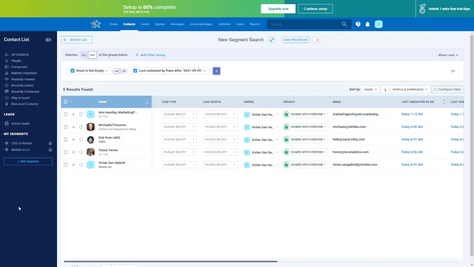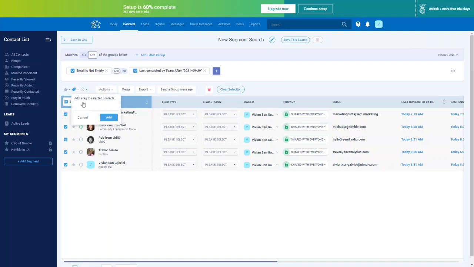Once you have your search, you can take several actions. So first we'd want to select all, and you can do that by clicking this little box in this filter region here. Okay, so select all of your contacts. And here you can see once you select them, this little menu will appear on top of the chart. So you can mark all of these contacts as important. You can give them a certain tag,